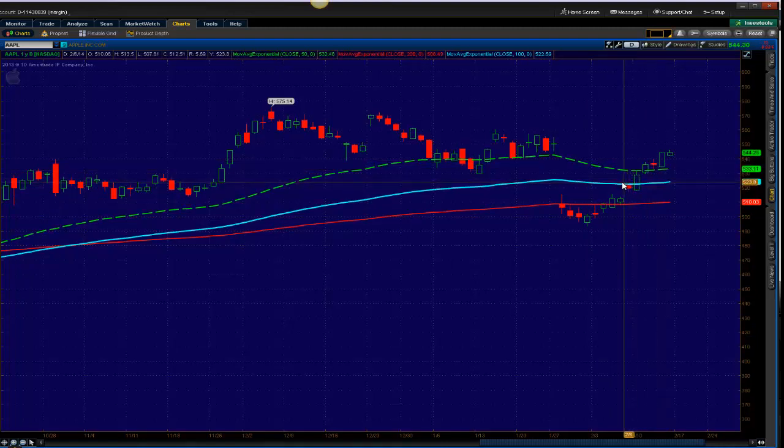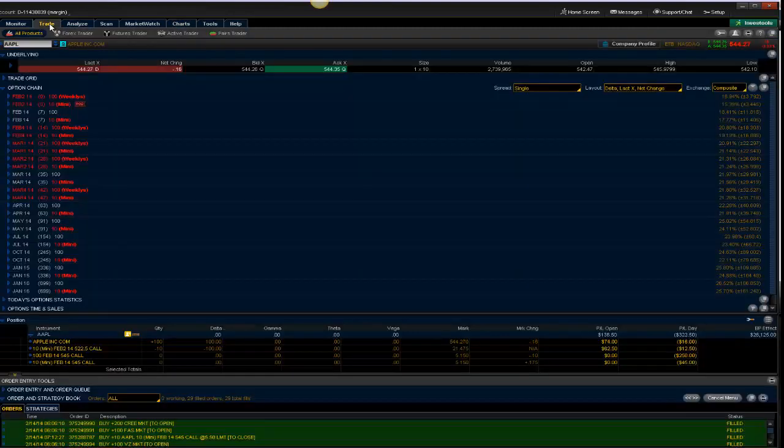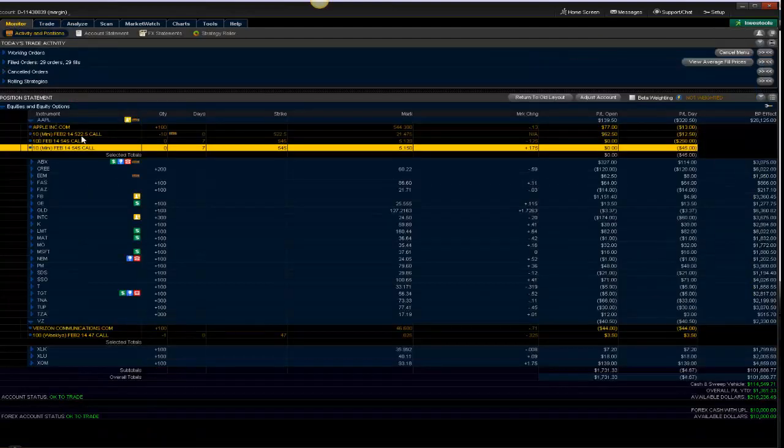Right here is the 522.50s. That's where we sold them at. We need to buy those back today, and we need to look to sell a new covered call because this is a weekly strategy, and we need to do this every Friday before the close. So if I go to my monitor tab, I can see that I have the 522.50s right here,